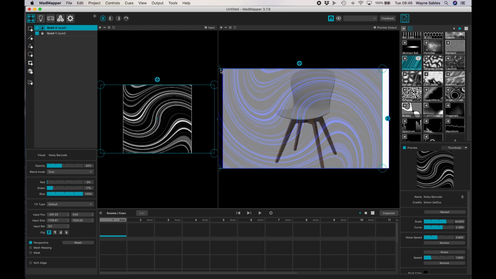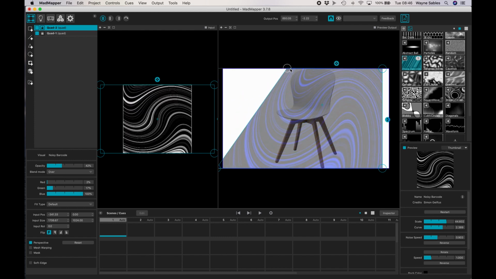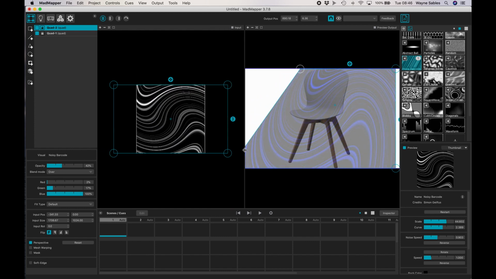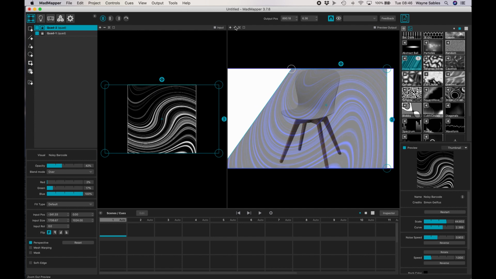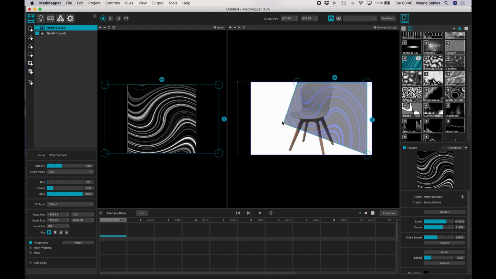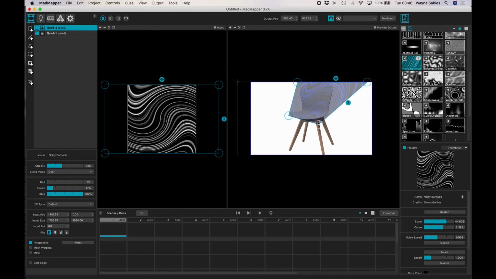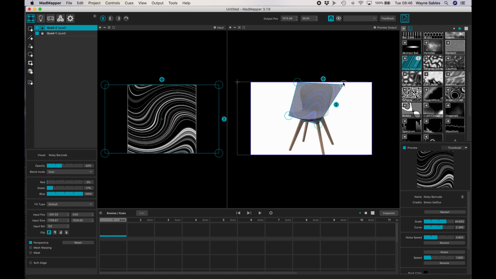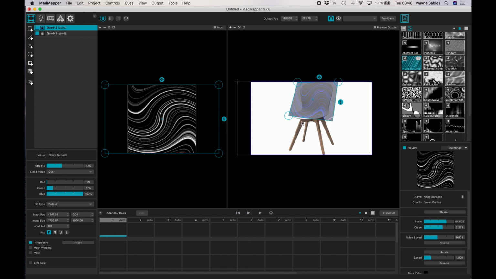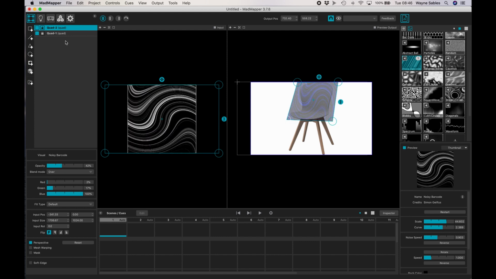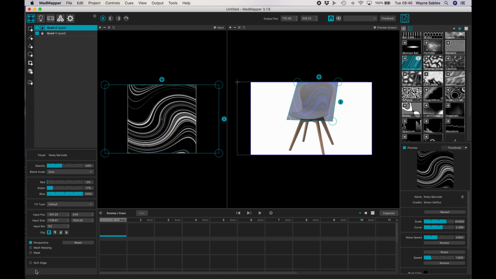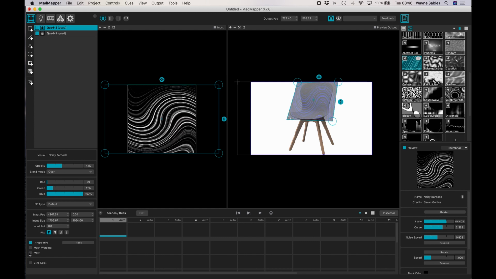And I'm just going to pull the quad in so it's of a similar size to the chair. This will just make it slightly easy when we start doing our mesh warping. Okay, wonderful. If we jump over to the left panel and we drop down to the bottom, you'll see mesh